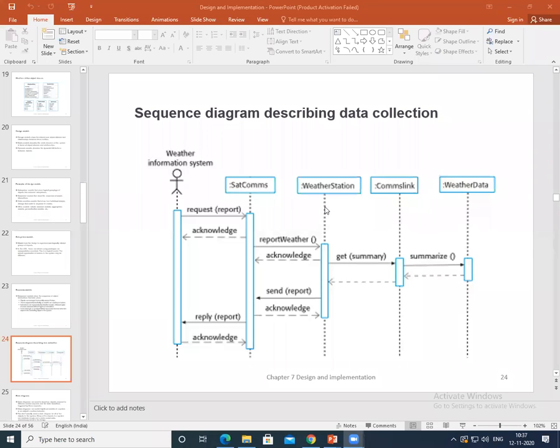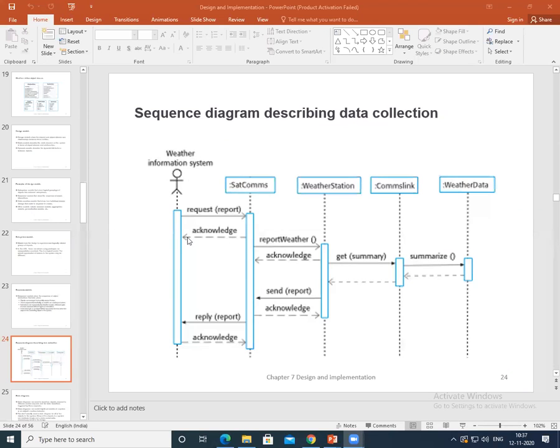As I have shown, this dotted line shows the active part and passive part. The active part is here when it opens the bar. With respect to the command, this is an important sequence diagram to describe the data collection of a weather station, how the data is collected for a weather station in the weather information system. So how does the request go? Once the request is made, the bar is going to open.